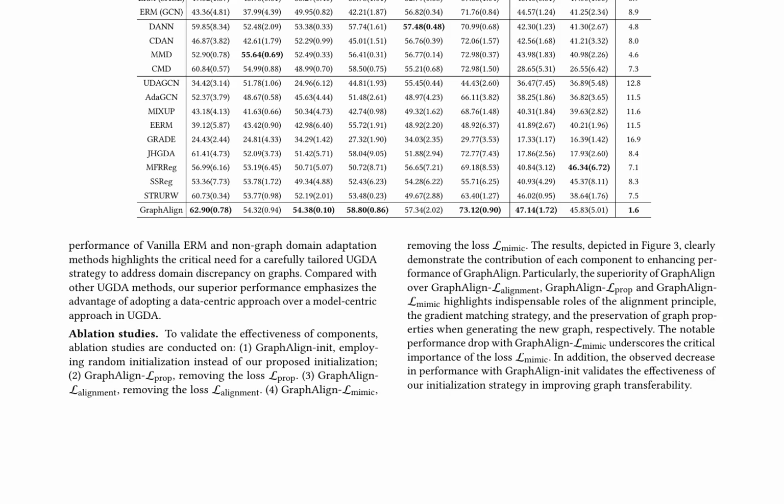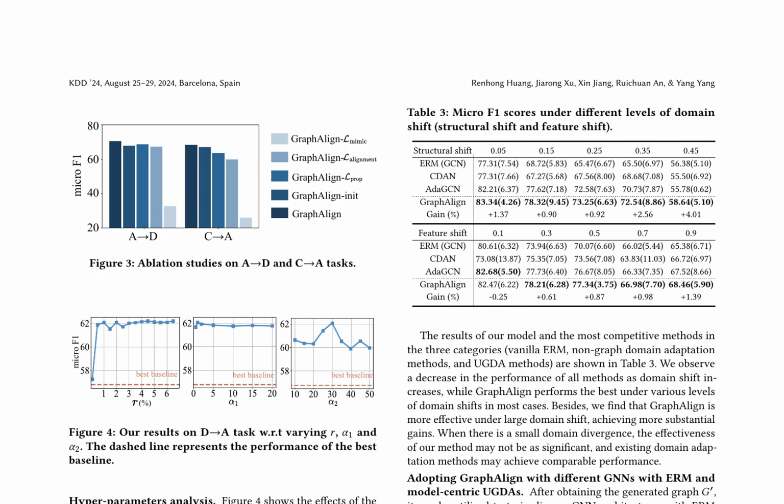Furthermore, the authors evaluate the transferability of GraphAlign under different levels of domain shifts, including structural shifts and feature shifts. The results show that GraphAlign performs the best under various levels of domain shifts in most cases, and is more effective under large domain shift. The authors also demonstrate the versatility of GraphAlign by combining it with different graph neural networks, GNNs, and model-centric UGDA methods. The results show that using the generated graph to train different GNNs with URM still exhibits superior performance compared